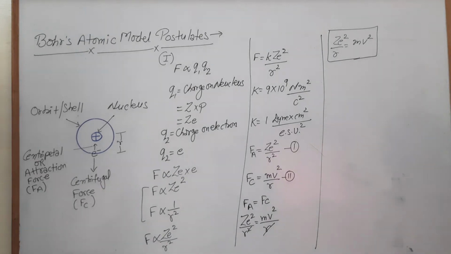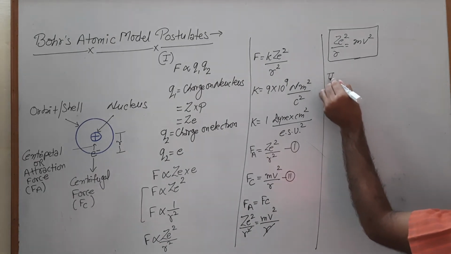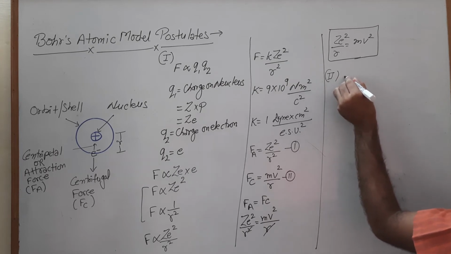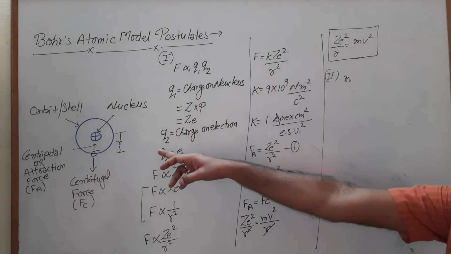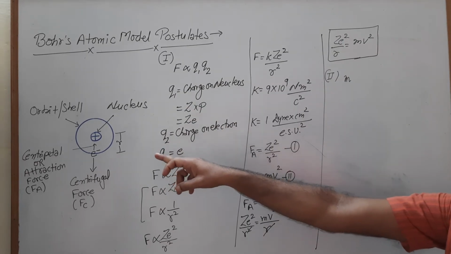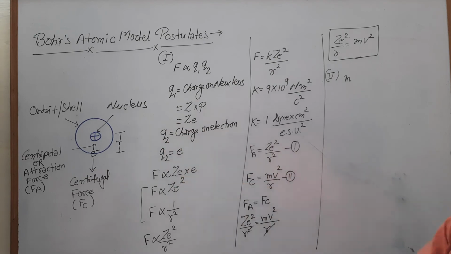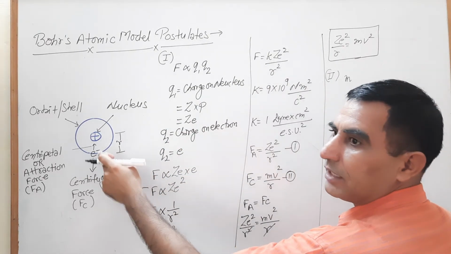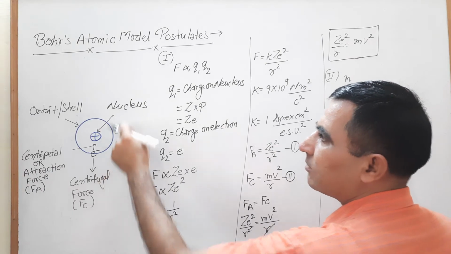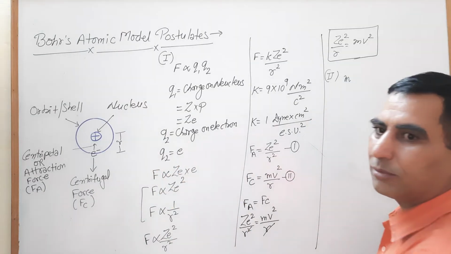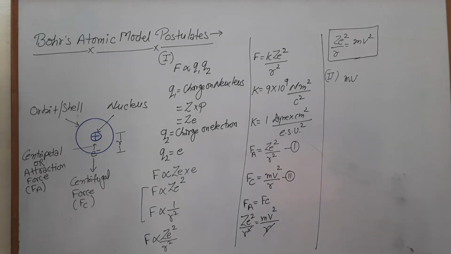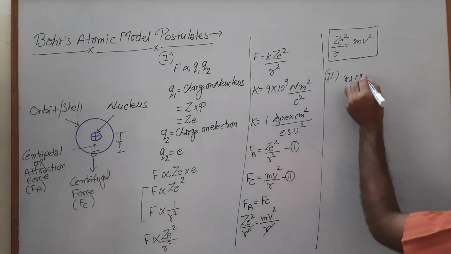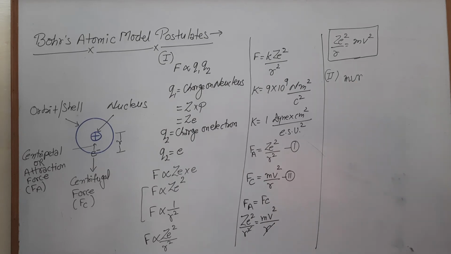Now we discuss the second postulate of Bohr theory. The electron has some mass, let that mass be m. The electron is moving with constant speed, but there is a change in velocity, because every time the electron is changing its direction when moving in a circular path. Speed is constant but velocity is not constant. So mass into velocity is known as momentum. When we multiply this momentum with the radius of that path, mvr is known as the angular momentum.